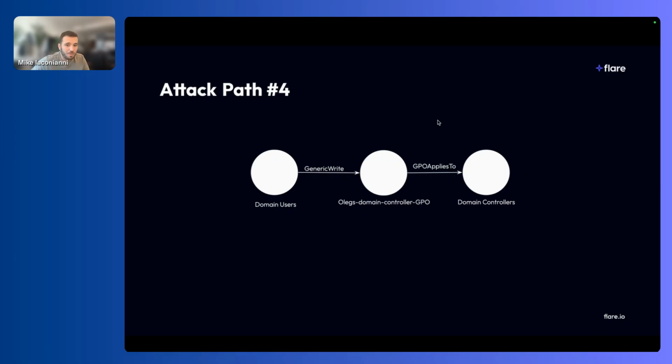So next, we have an example of GPOs. Domain users have the ability to write GPOs in this case, and that GPO would apply to a domain controller. So a simple example would be,